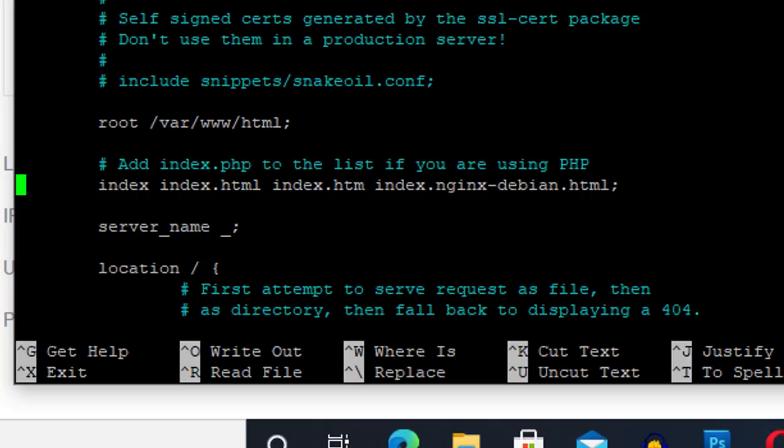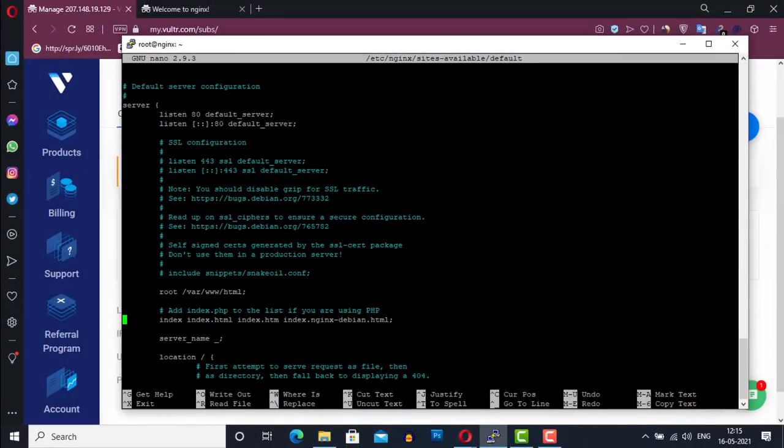This means it will not process the PHP files, and there is a comment: add index.php to the list if you are using PHP. We will install WordPress on this server that is developed in PHP, so we have to add index.php in this list. So go ahead and type index.php before the index.html.